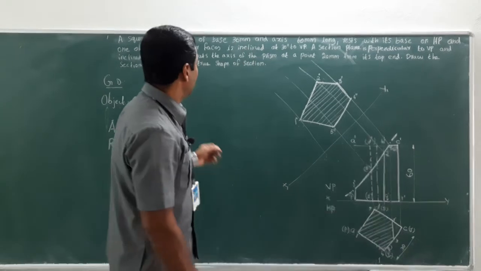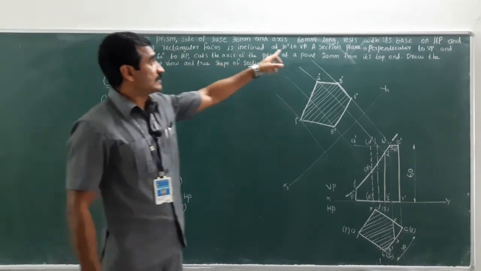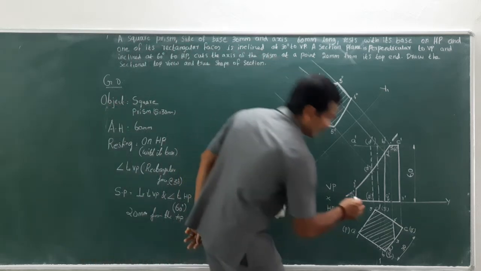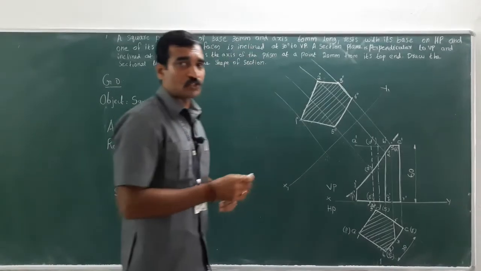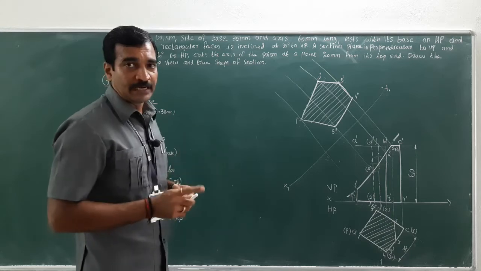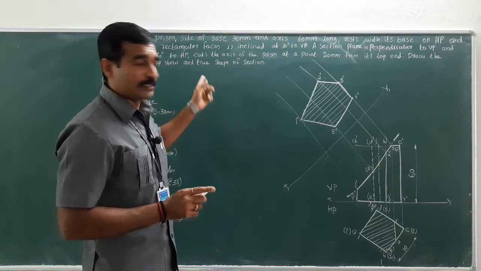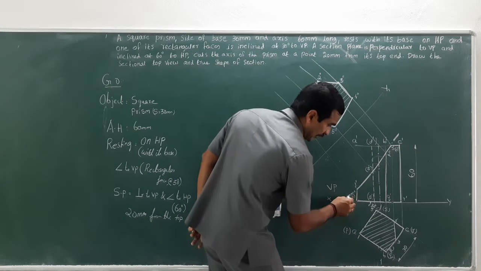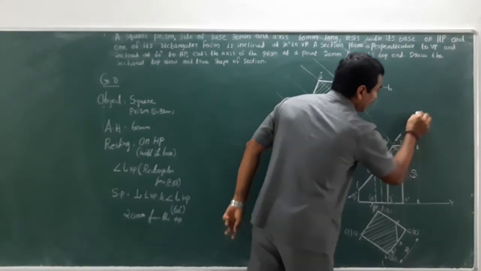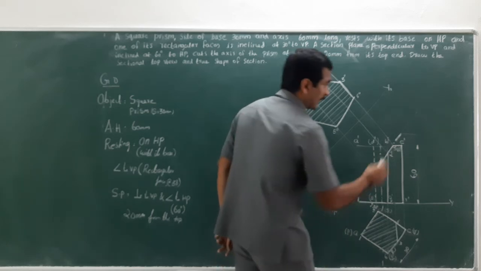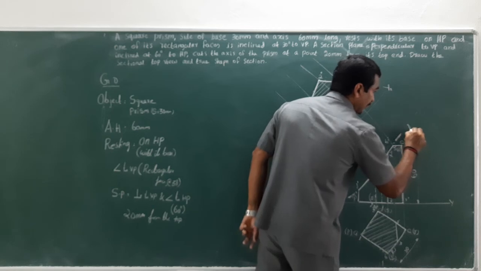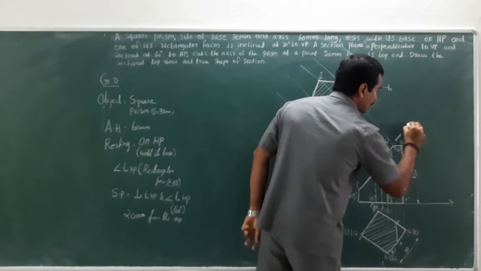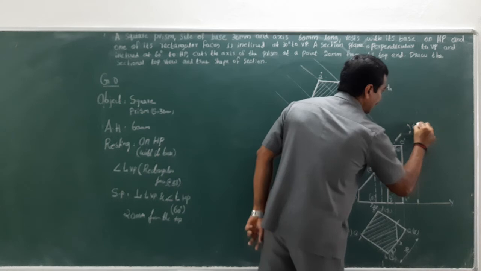Right. Next, the rectangular face is 30 degree to VP. So this needs to be specified. This is 30 degree. This is 30 degree. 30 degree. Next, I need to specify the cutting plane angle, which is 60 degree with HP. So either I can mention it over here or extend this and draw a horizontal line. This horizontal line should be parallel to the reference line. You can specify it over here. So this is 60 degree.